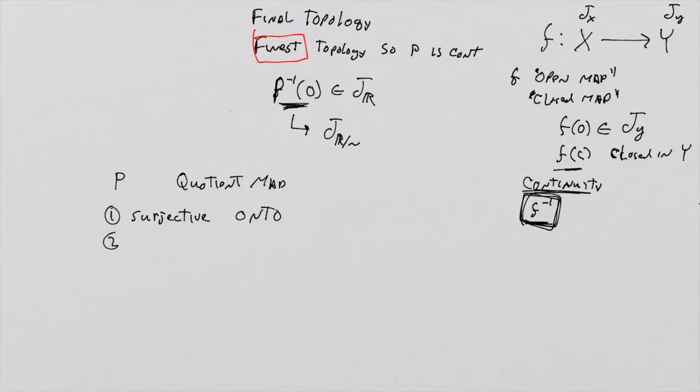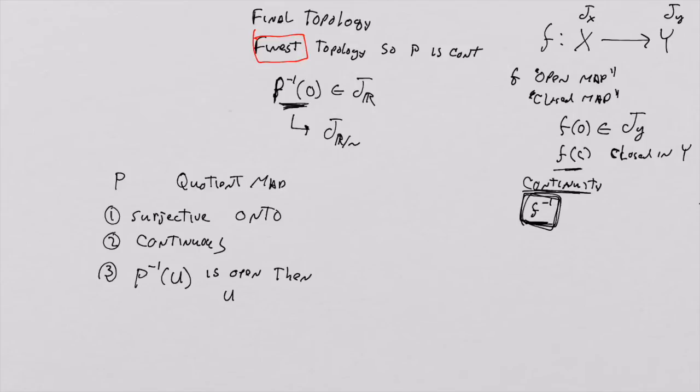It has to be continuous, and it also has to have this property where, if P inverse of a set U is open, then